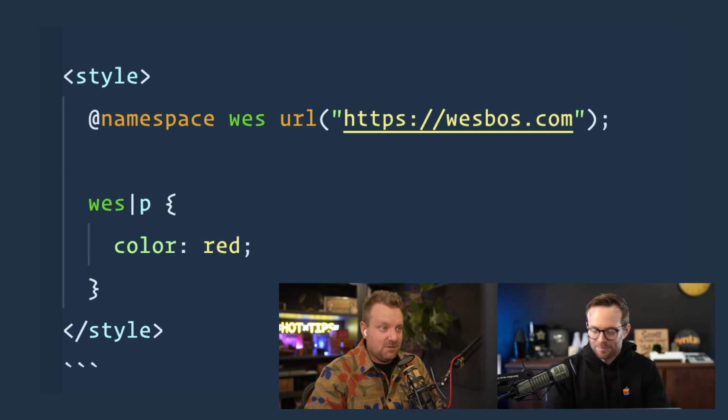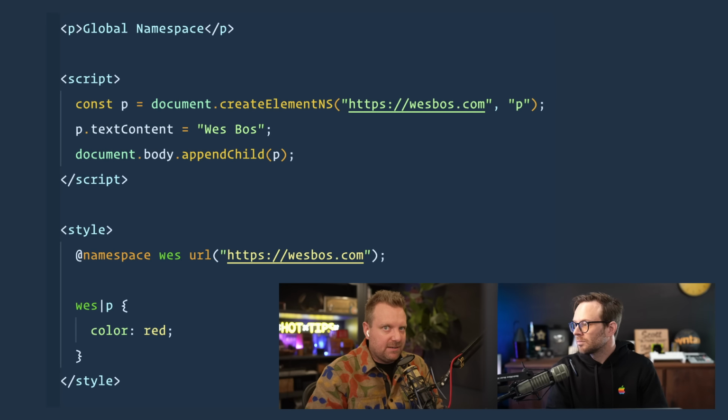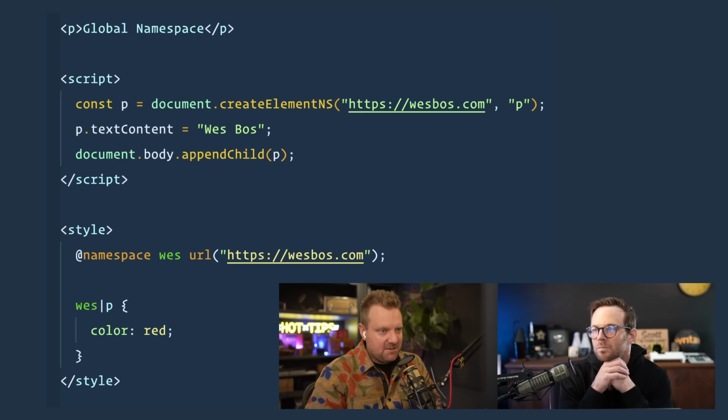So in your CSS, you can declare named namespaces, and then you set the URL. I guess that's the unifier of that. And like the two most common ones are going to be HTML elements or XML elements and SVG elements. However, you can make your own namespaces in HTML, and when you create elements, you can create an element in a namespace. So in this example here, I've said document.createElementNS namespace. So I'm creating a paragraph tag under the namespace of wesboss.com,